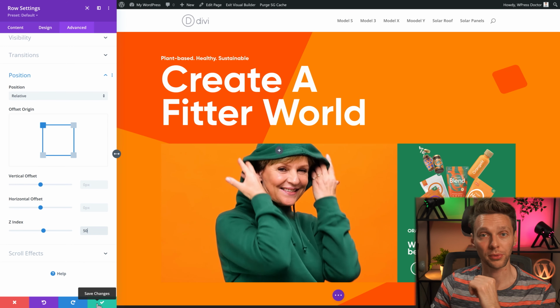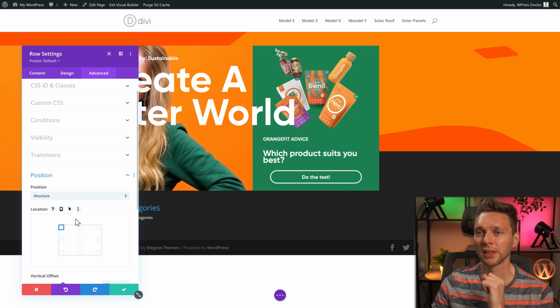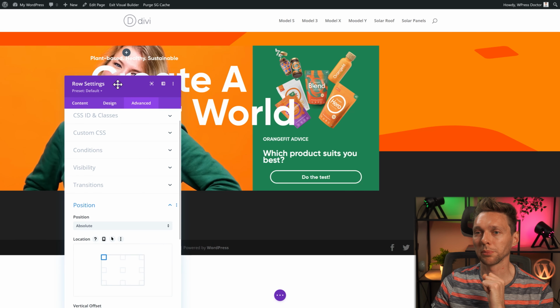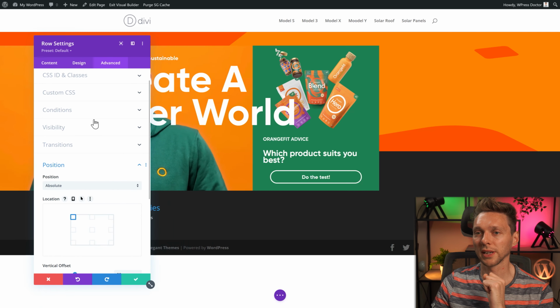And this row will be advanced position will be at 25. So it's lower than the one. Of course, you can make this row go up using a negative margin, but I think it's better to use the position and go with absolute. And then it already flips to the right place. Then we're going to add it to this side. And then we can actually change it with the vertical offset and the horizontal offset to place it in the right place. I think it's like this.